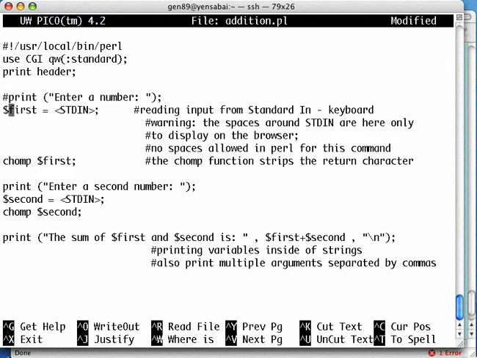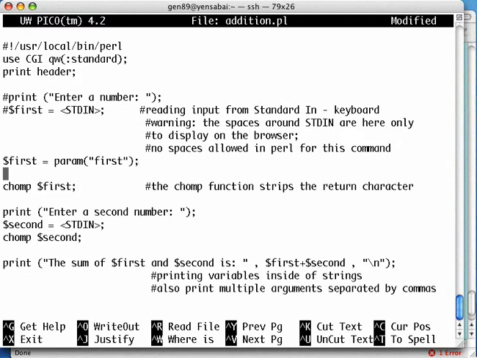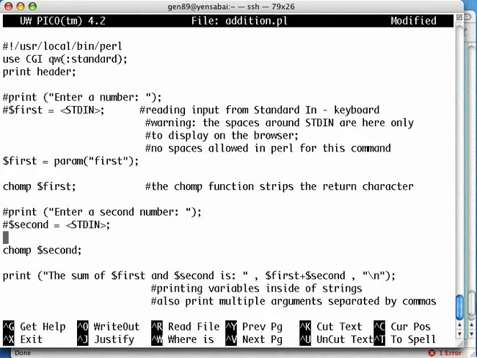Here we comment both of these lines. And in front of this one, I'm going to use the first equal param and first. You can use double quotes, single quotes, and I believe you can even use no quotes. It will still work. Okay, with chum first, no problem. This one we get to comment out. This one will push down below, and we're going to create our second